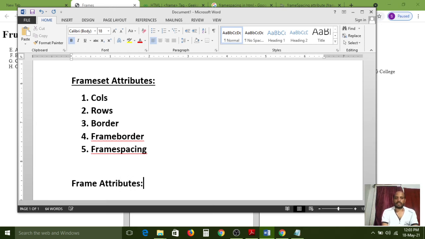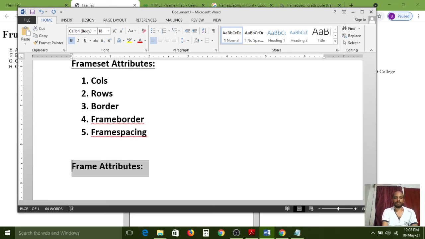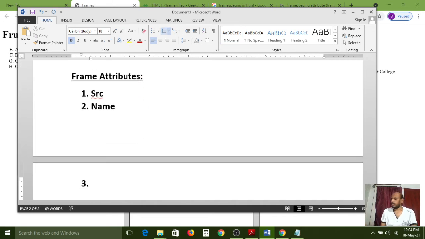Frame attributes. What frame attributes do we have? The first option is source. Second is name. Third one is frame border.